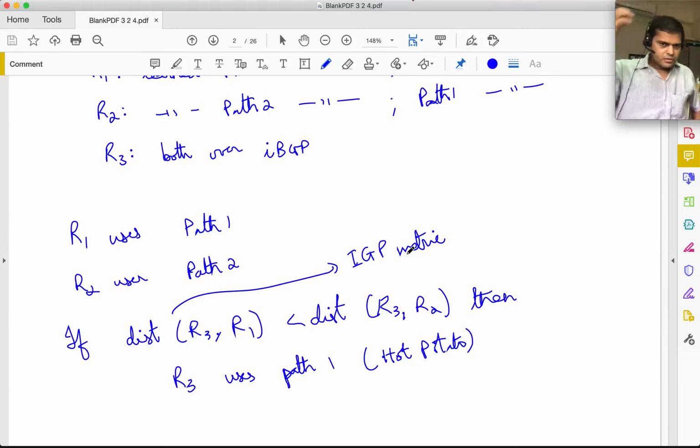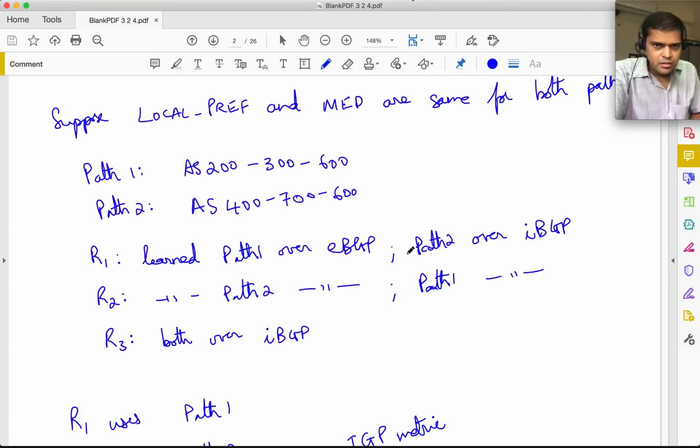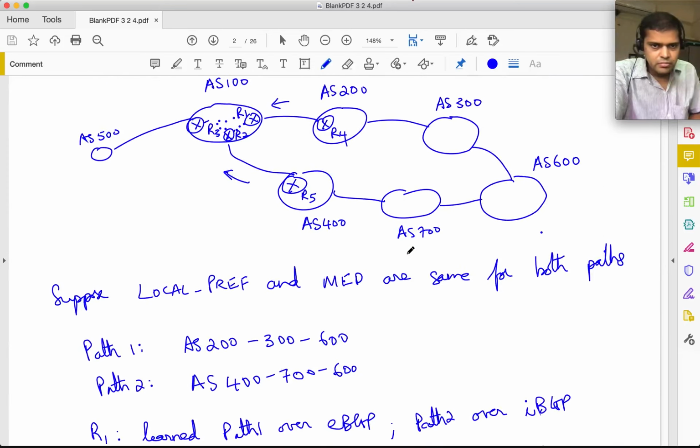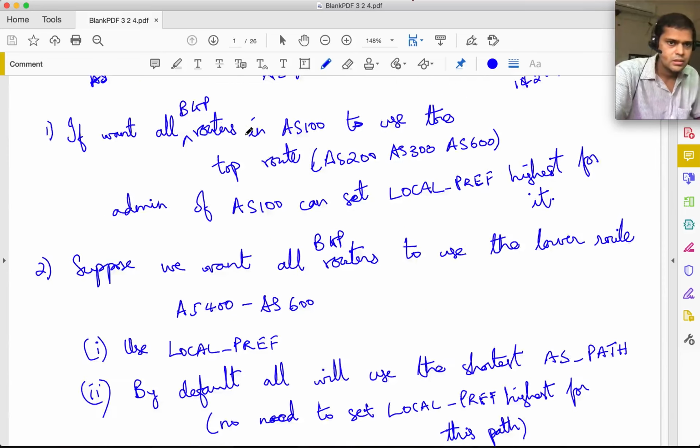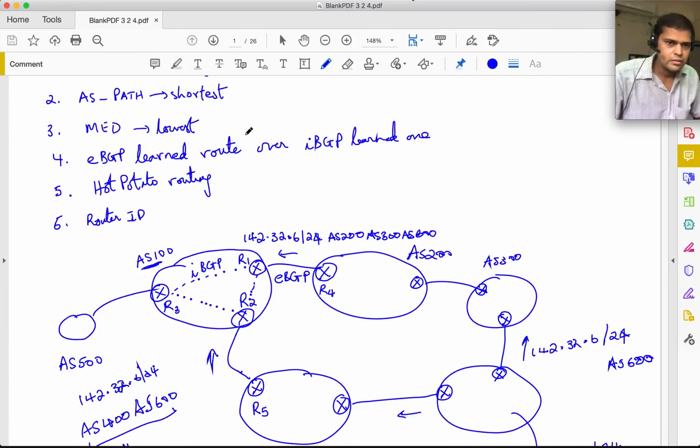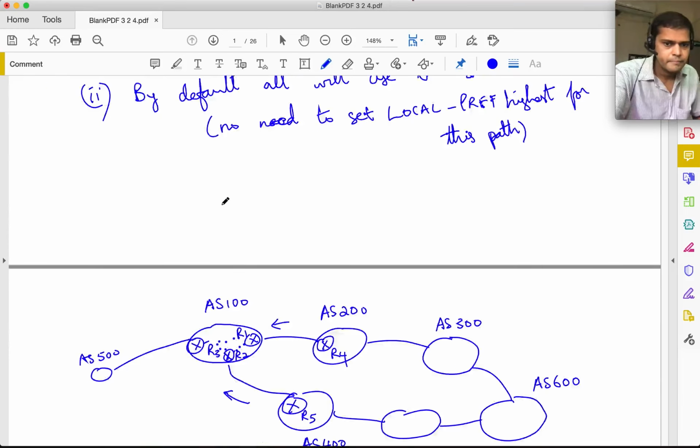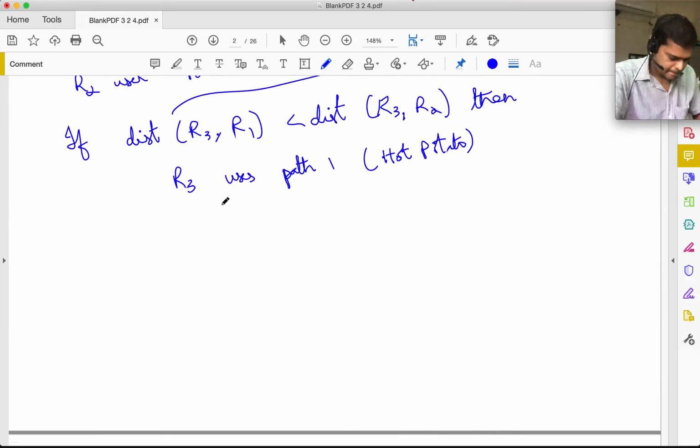Okay, so this is how it would work. And of course, if R2 and R1 were the same distance from R3, then it would just use the router IDs of these two to decide which particular one to use, right? And for router ID, we use the lowest router ID. Okay, just for completeness, I'll write that here. Use the lowest router ID. Okay, so it gets a bit tricky,